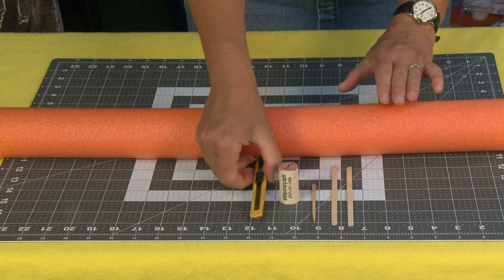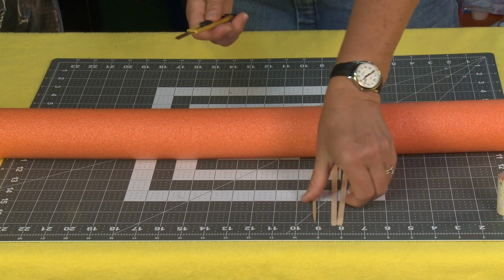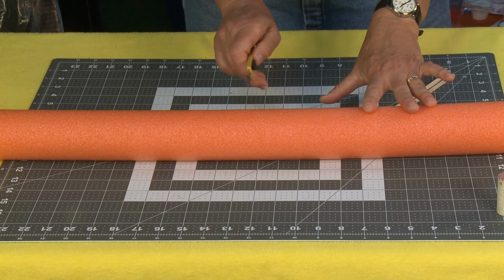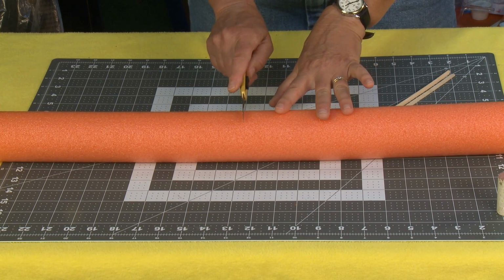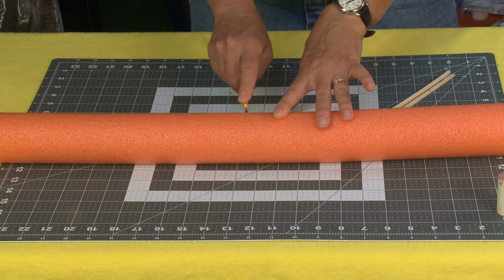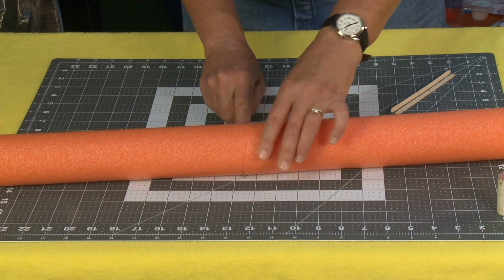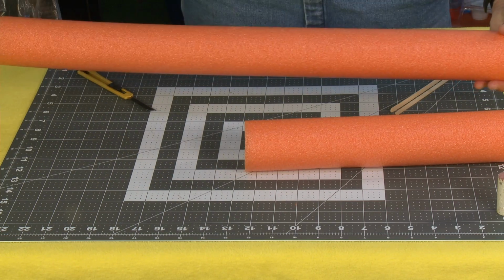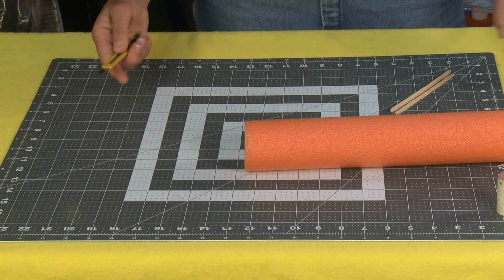So the first thing we're going to do is take our X-Acto knife or box cutter, and I actually tend to think that these craft knife slash box cutters are much better for this because you can have them come all the way out, which is going to give you a little bit more cutting space. And so all you're going to do is cut your pool noodle to the length of the sprinkler top that you want. Now, you could use the whole pool noodle if you want. That's totally fine. You could do that, but I'm going to make mine short so that you can see what's